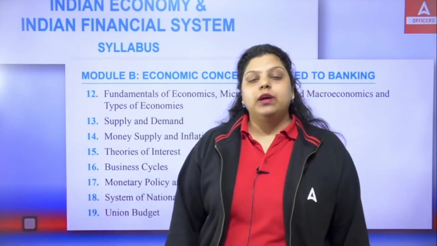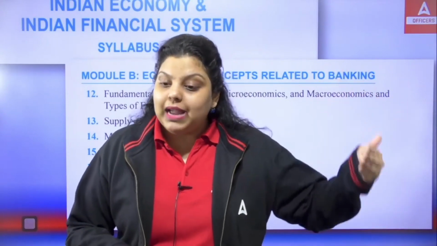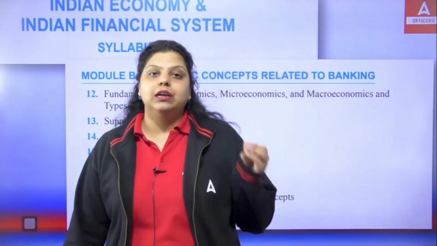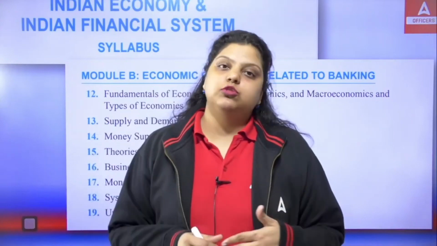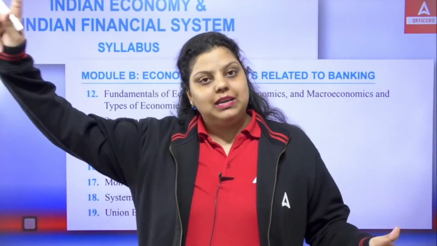Clear? Now, if I am talking about monetary policy, the review of monetary policy will be provided by RBI every 2 months. It means it's a bi-monthly review. In one financial year, 6 reviews will be provided by RBI for our monetary policy rates or reserve ratios. Earlier it used to be a quarterly review, but it has been changed to bi-monthly after 2013. Apart from that, monetary policy has two instruments, direct and indirect instruments. With the help of direct and indirect instruments, RBI controls the money supply in the economy. And by controlling money supply, RBI maintains price stability, economic stability and sustainable growth in the country.